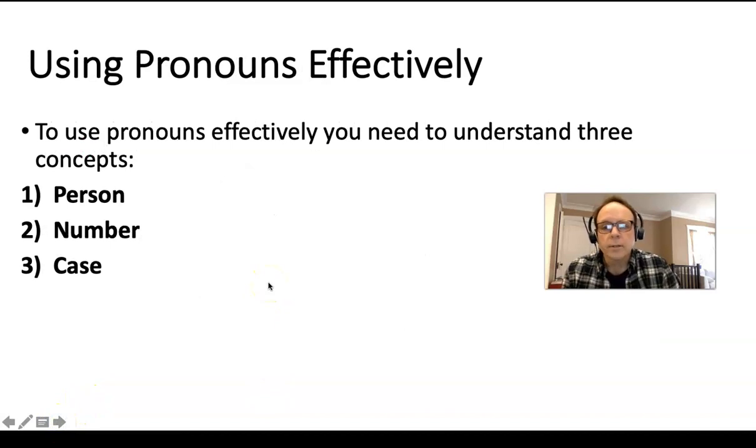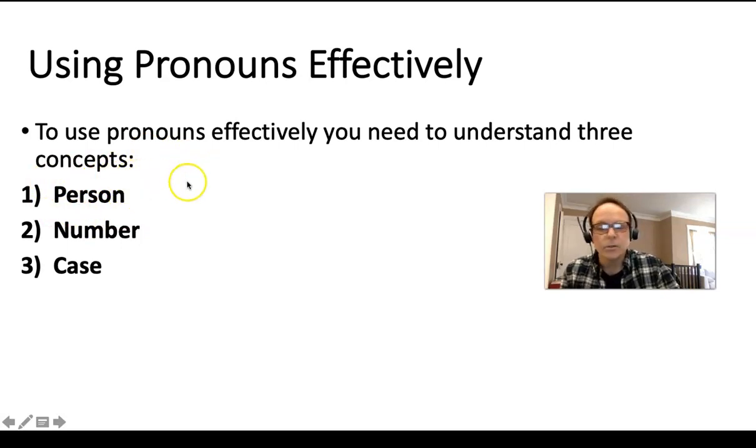So to really use pronouns effectively, there are three things you have to understand. We've already mentioned part of these. One of them is person, which like it sounds, it tells you if we're talking about I as the first person, we call it I did this, I went here, or you as what's called second person. You were here, you did this, or he or she or they, that's the third person. So we'll often talk about first person, second person, third person, and we're going to talk about in a minute why that's important, but that's one of the things you have to understand to be able to use pronouns effectively